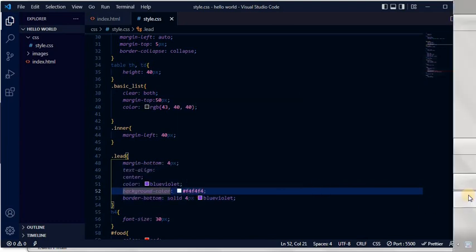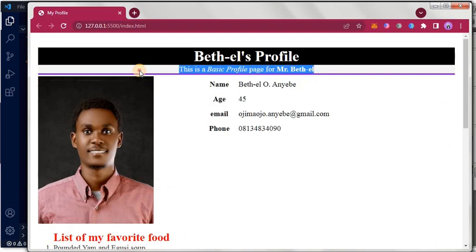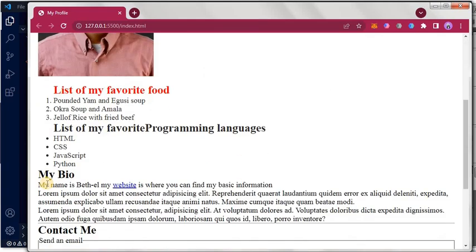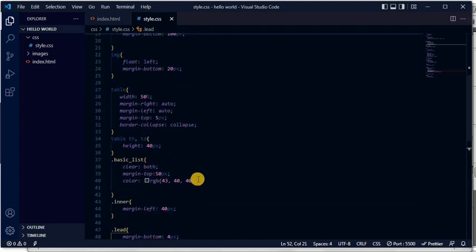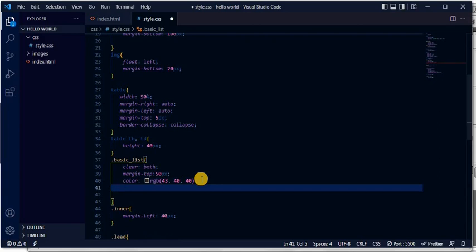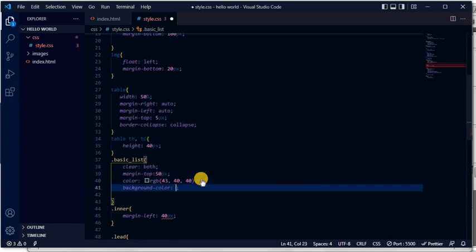We added this background color to it, and you can see it here, the background color we added here. And I think we did that also by adding the background color to my bio, but for some reason it's not there. So let's just add it back and see. So the syntax for it is background color, then I think we use F4 for it,